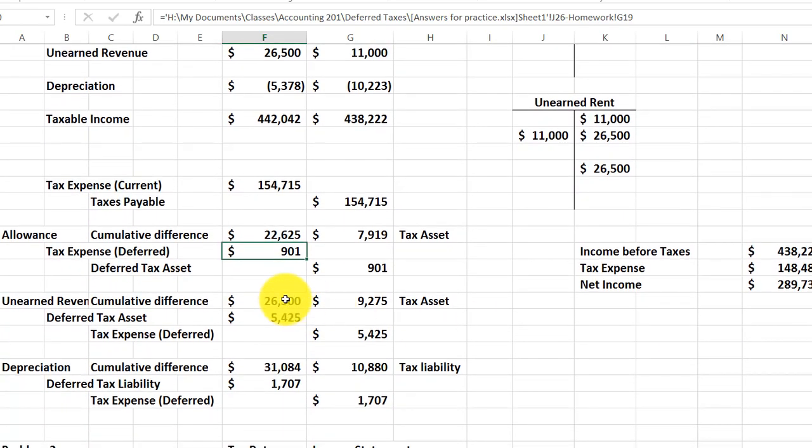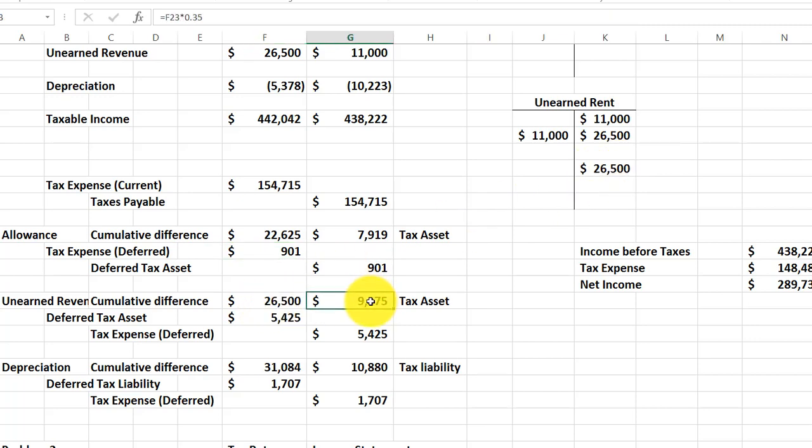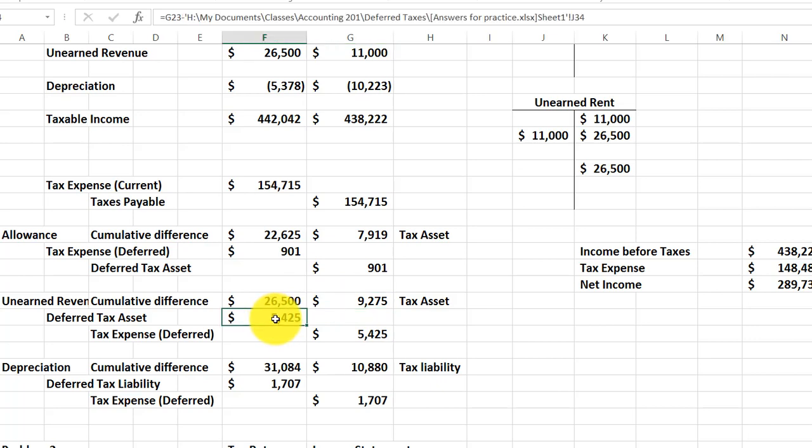Okay. Under unearned revenue, our cumulative, as you see here on the T account, is 26.5. Okay. Future deductible amount, or future, because we're going to pay taxes on it now and not have to pay later, so a future amount that's going to not be taxable is 26.5 multiplied by the tax rate, 92.75. Compare that to what we had last year,